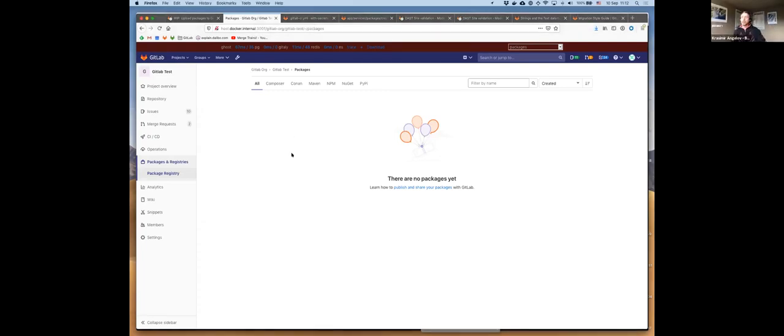We are working on adding a new type of package registry called generic, and it's basically generic. You can push any random file under some package with a name and a version and then download it. And that's usually something that package will work on, but we